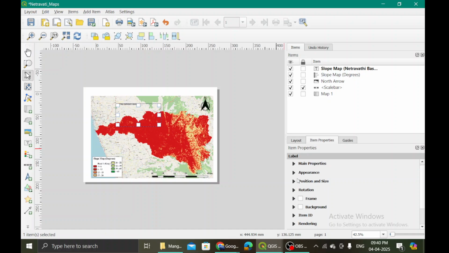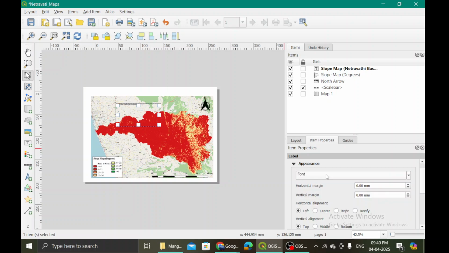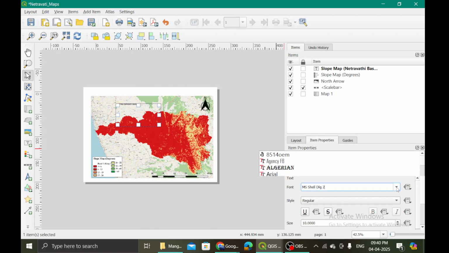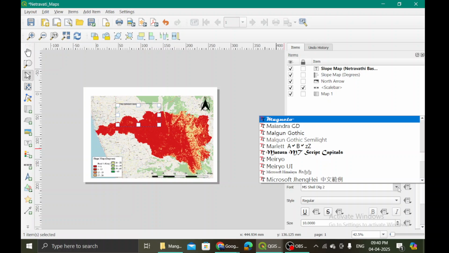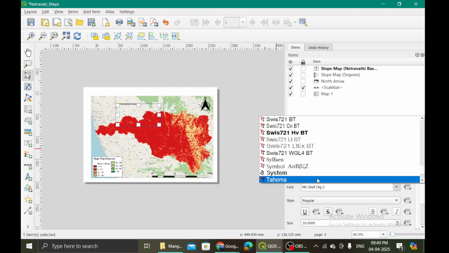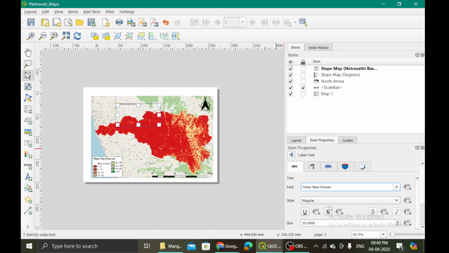For which I will go to main properties, no, appearance. Under appearance, let's change the font style, which will be Times New Roman. I want it to be Times New Roman, and I want it to be bold.